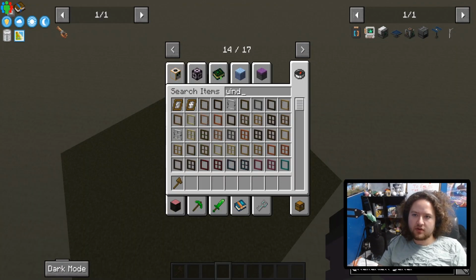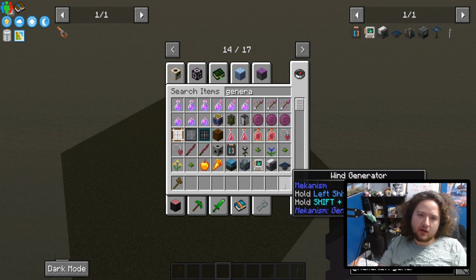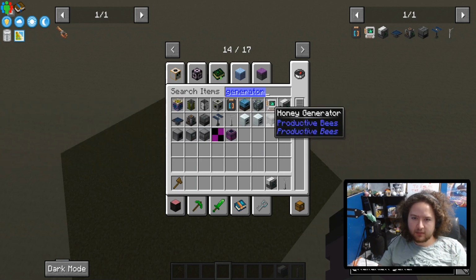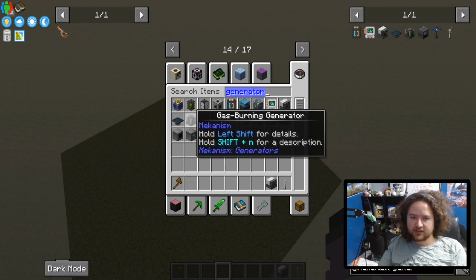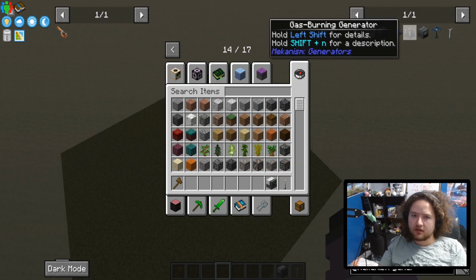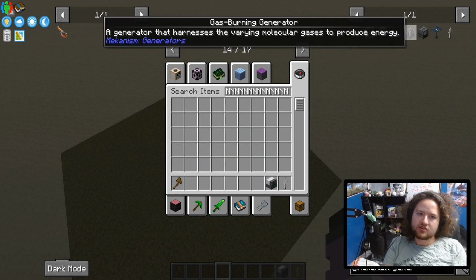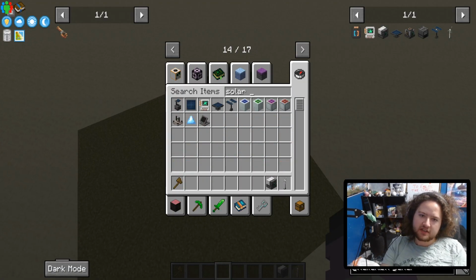So if we take the wind generators, I want to make this look good. That's the main reason we're here. I want it to look good and function well. So we're gonna take these heat generators because these might be useful. Not really a fan of these types of generators. The gas burner feels like something that just doesn't work. Generator that harnesses the varying molecular gases to produce energy. Yeah, no. Then the solar generator,